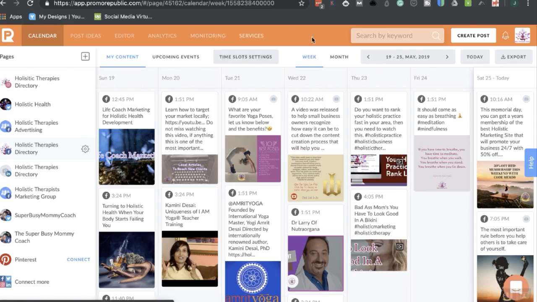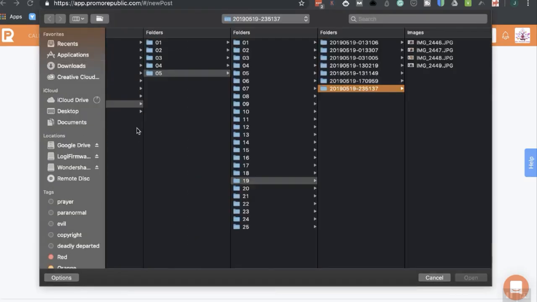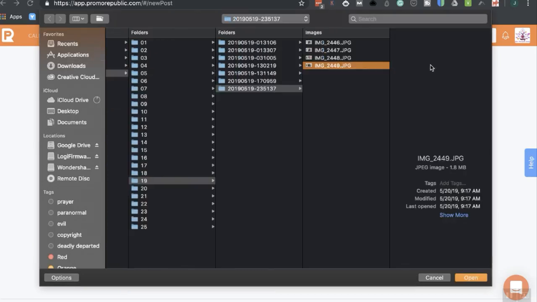Now, if we go back into creating a post, like I said, we can upload a GIF or a video. We can upload our own photo. I'm not going into doing the videos and the GIFs, it would take way too long, but we can create an image, which we've just done. But if we upload, it's going to allow us to upload our own image from, say,